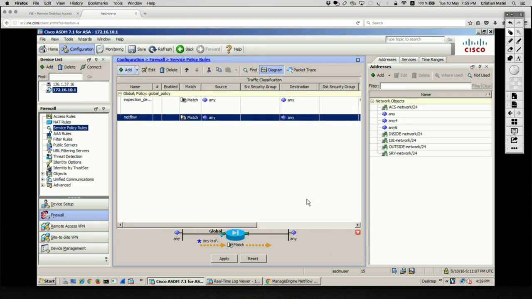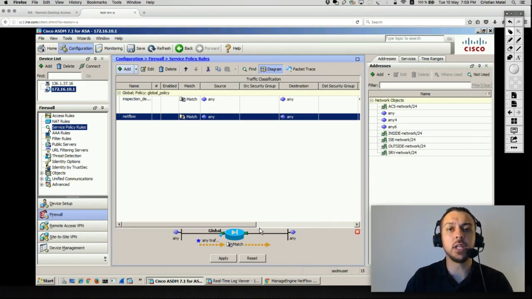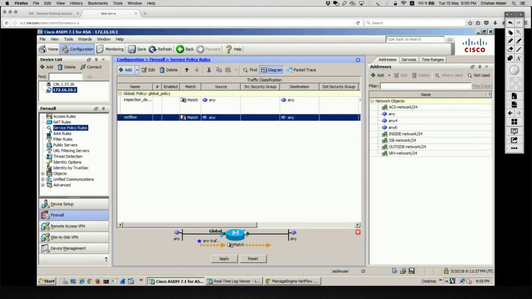It complains that setting both syslog and Netflow could be redundant, and it makes sense, because the ASA sends a log message when it creates a session, when it tears down a session, when it drops a session, when it resets a session. It makes sense that sending both syslog and Netflow data, the same kind of data, is redundant. So that was the log message that showed up when we said OK. If we say apply,